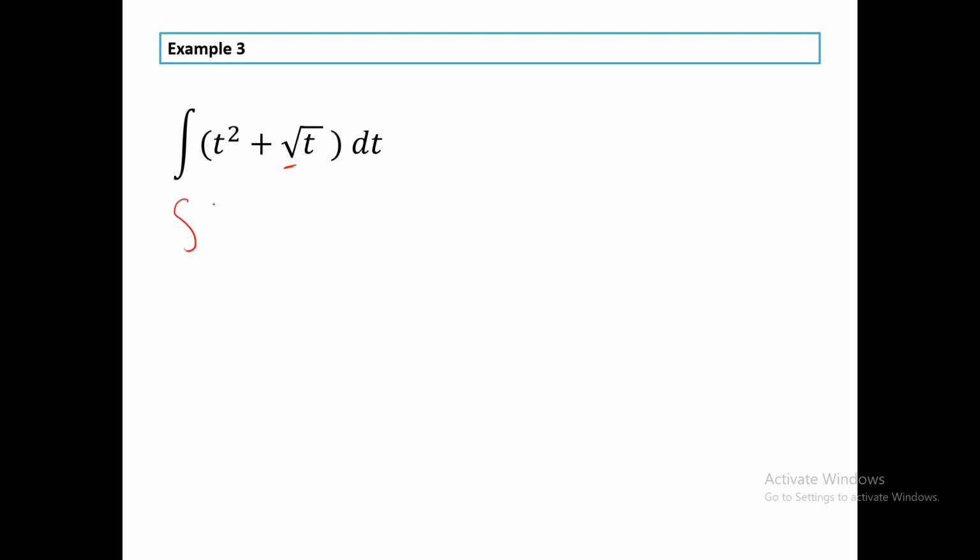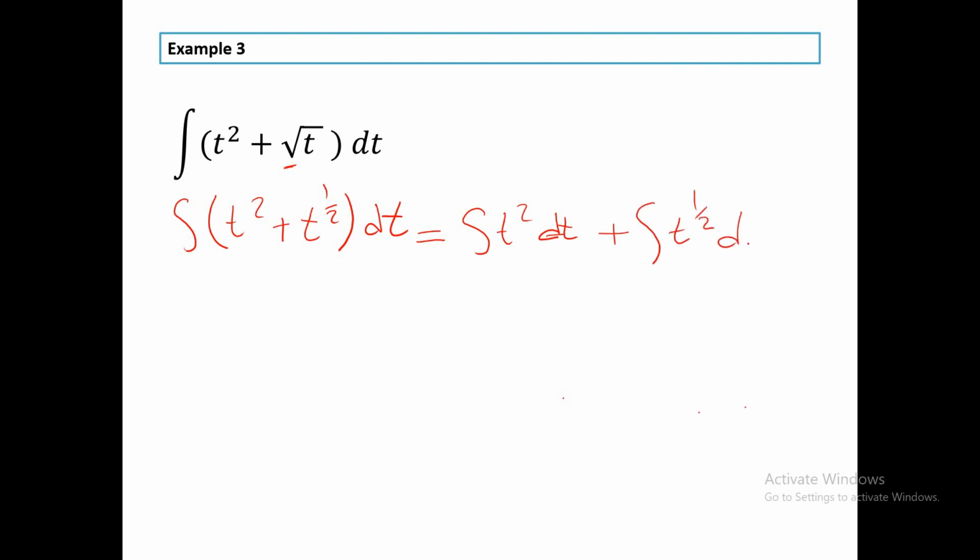So integrate t square plus t power half with respect to t. Okay? So, separate between the two terms: integrate t square with respect to t plus integrate t power half with respect to t, equals